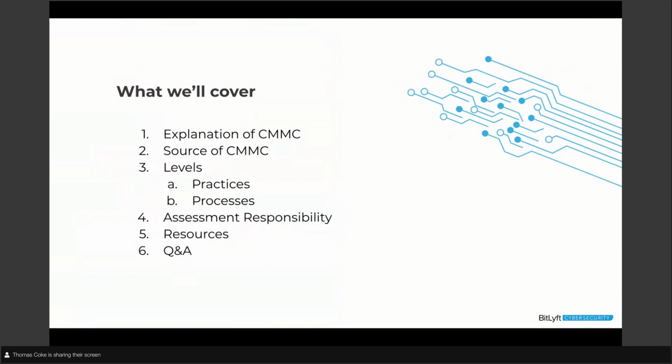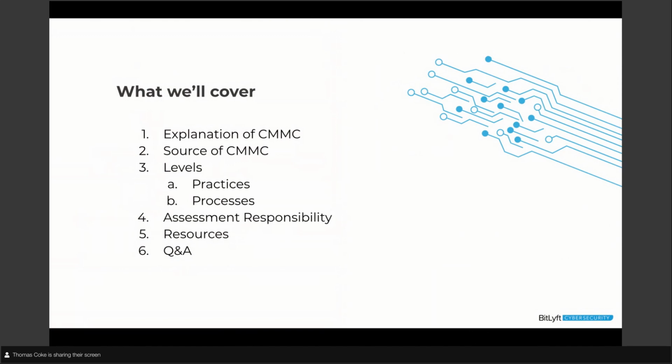That being said, I did want to have a quick agenda so you know what to expect and what you should see today. First of all, I'm just going to go through a little bit of explanation of what the CMMC is. For those who don't know, that's the Cybersecurity Maturity Model Certification, and this is put out by the Department of Defense. So it's a big acronym full of a ton of other acronyms and acronym soup, but it's something that needs to be basically explained, and then also we can go a little bit deeper into it.